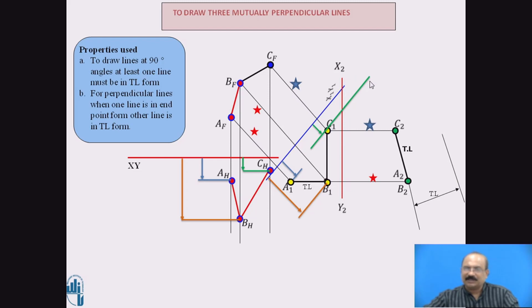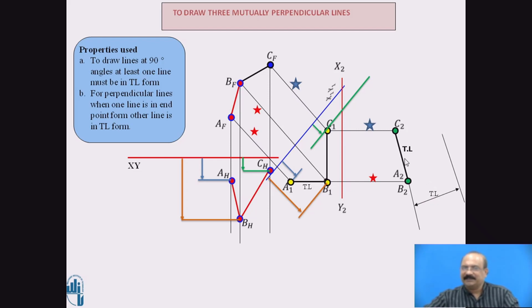Similarly, whatever you have drawn in this green color parallel with the x1, y1 line, you have to draw a parallel line here. Once you draw this parallel line, the D point will be coming somewhere on this line. Then you are expected to join that particular D point position. So you have taken this as a true length.